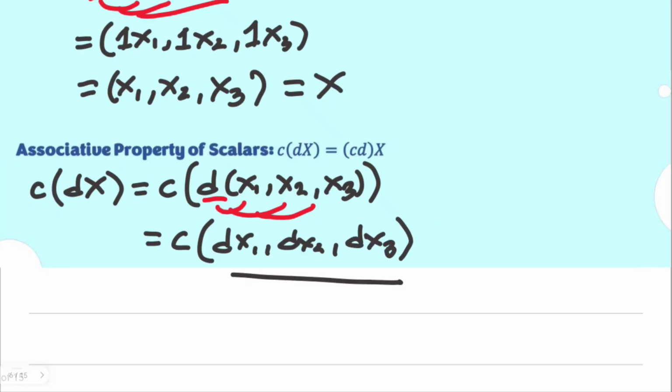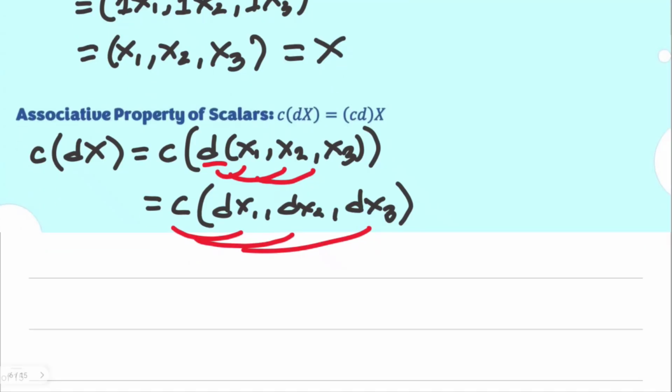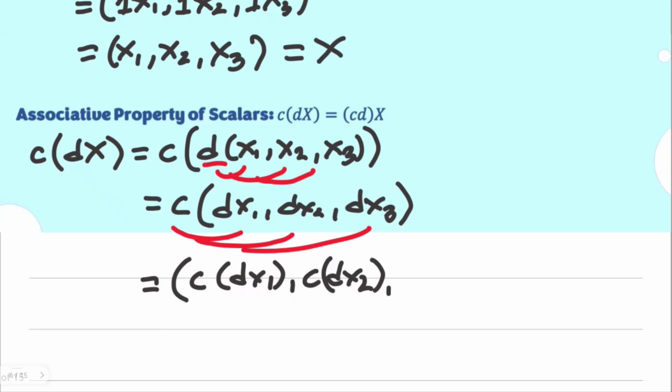With this now being a vector and treating all components as 1, and of course we know that c is another scalar, you can now multiply the same here. But of course, we need to understand that we still need to group d and the x subs. So you have here c times d x sub 1, just for the purpose of discussion, c d x sub 2, grouping that, c d x sub 3, so that we could really work the proof step by step.